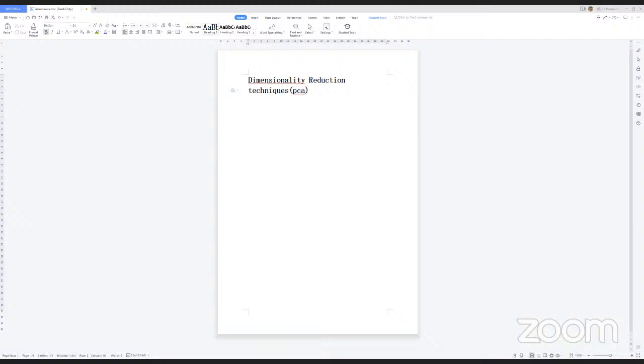So, in today's interview session, we're going to be discussing interview questions on dimensionality reduction techniques. It's nothing but PCA. Okay, so the first question would be,